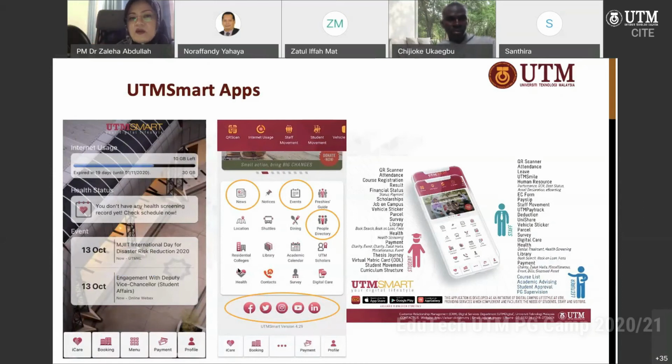You can get whatever latest news, the links that I showed you just now. It's all in there. If you want to get things about news, about latest events, whatever information, you can get it directly from this app. If you want to apply to go into the campus movement or whatever, all in there. Have a look at it and make sure you install this app.